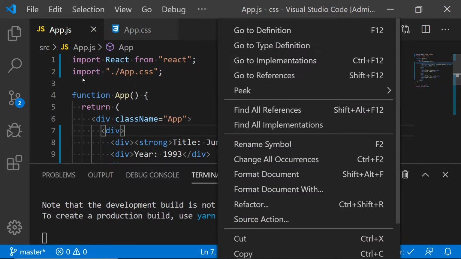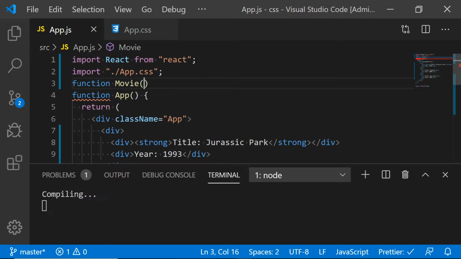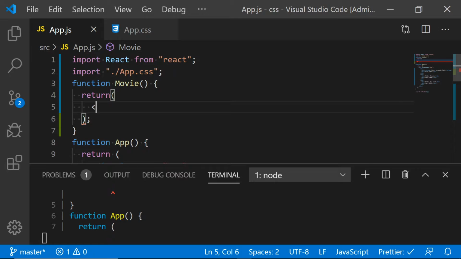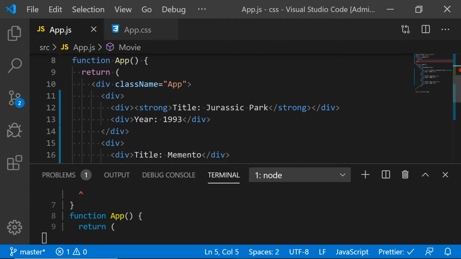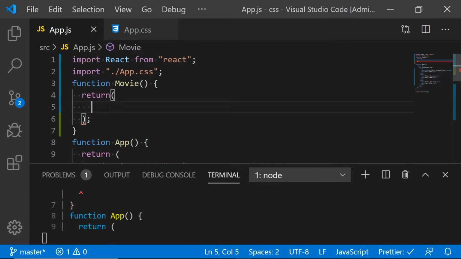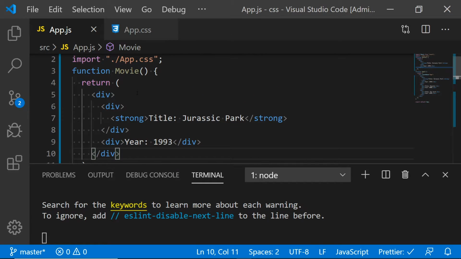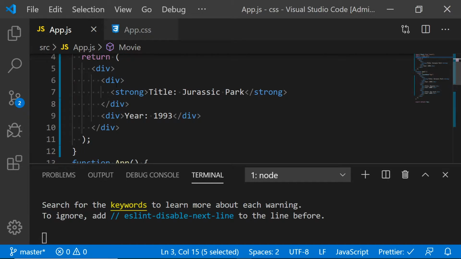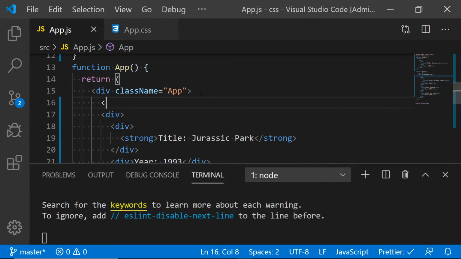So instead of doing this, we can create another function. Let's call it movie. And return. And here I'm going to put the same structure as we had before. Basically I created a function with the name movie that is going to be our component, and I'm going to render that component inside the app. So the way to do it is I just type the name of the component,